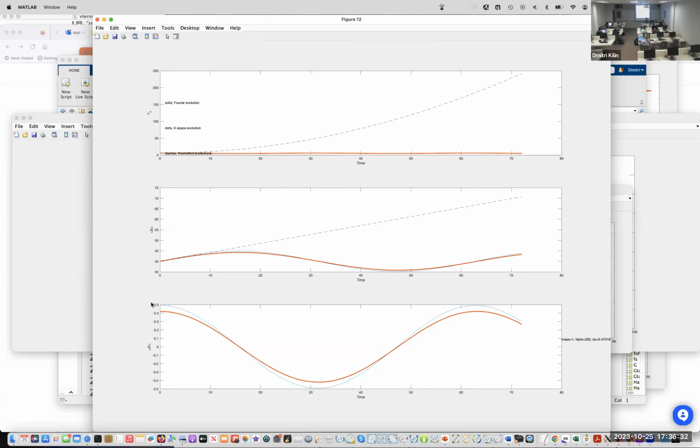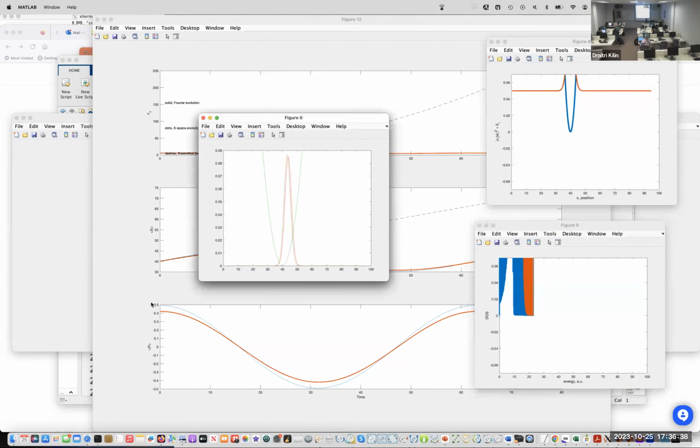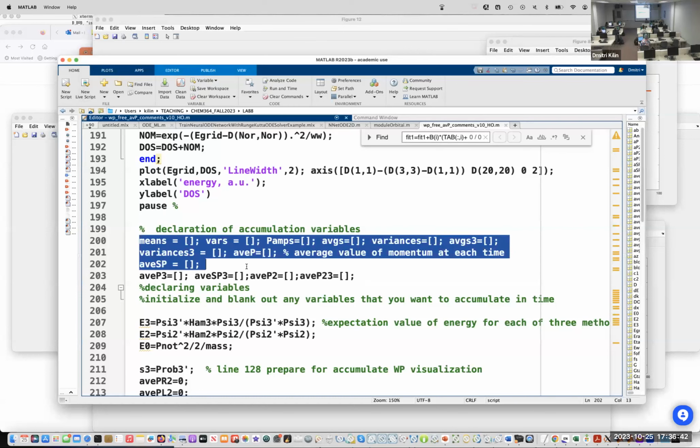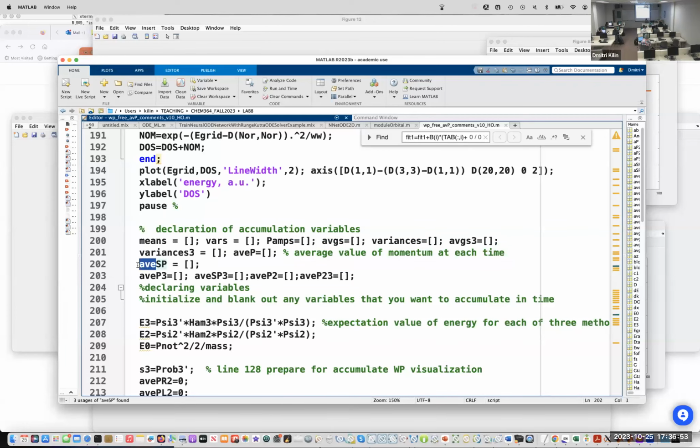So we do generate one point of data, and we need to create an array. How is it implemented? Not all, but several of the expectation values start with AVE for average value.